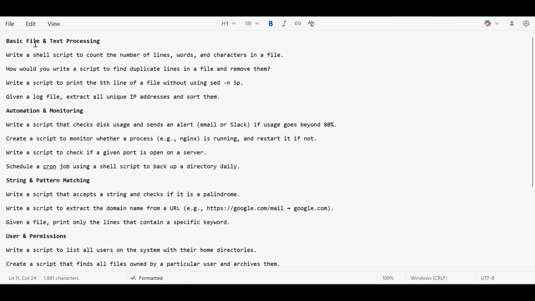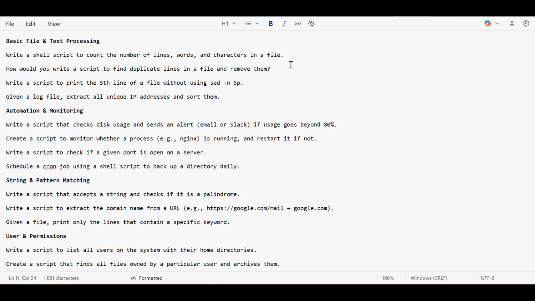So the first topic is basic file and text processing, where the questions are: write a shell script to count the number of lines, words, and characters in a file. Basically, there is a command wc, word count, and with certain flags we can get the lines and words count.